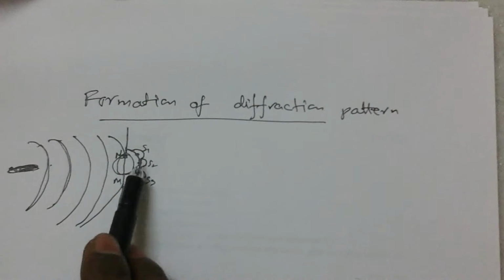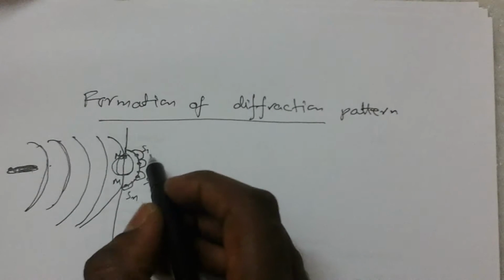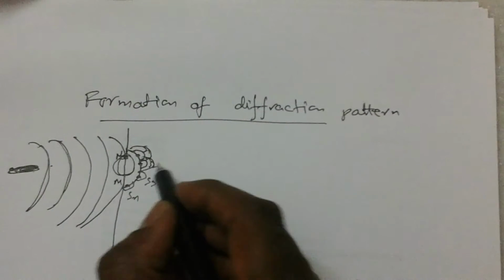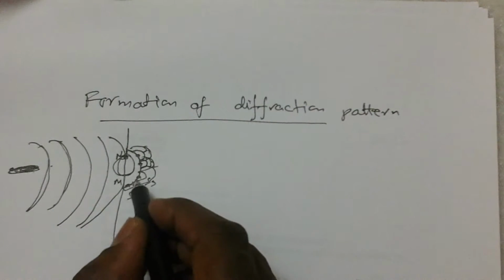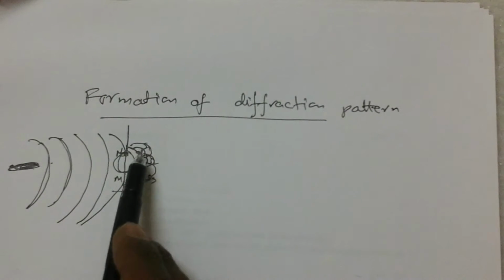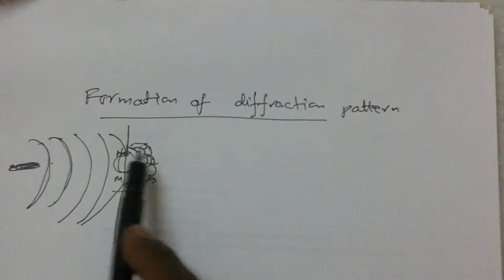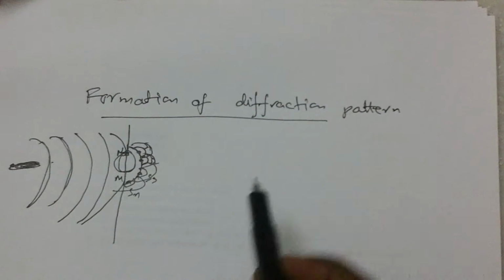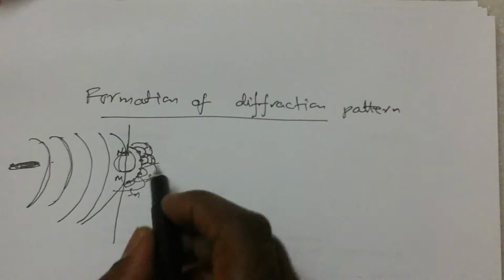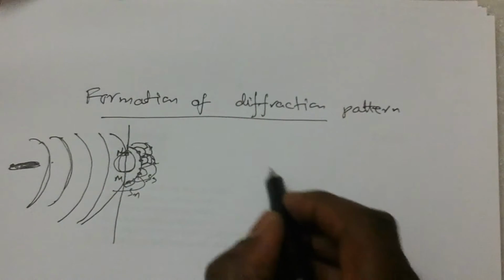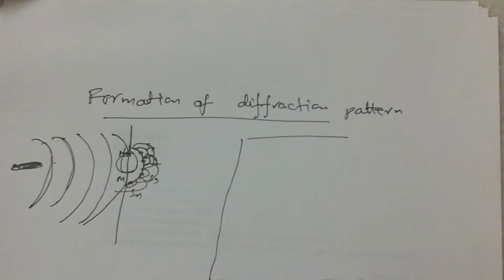All the secondary sources are giving again spherical wavelets like this. So the source wavefronts and the secondary source wavefronts are going to interfere, and finally this wavelet and this wavelet superimpose and form an interference pattern on the screen